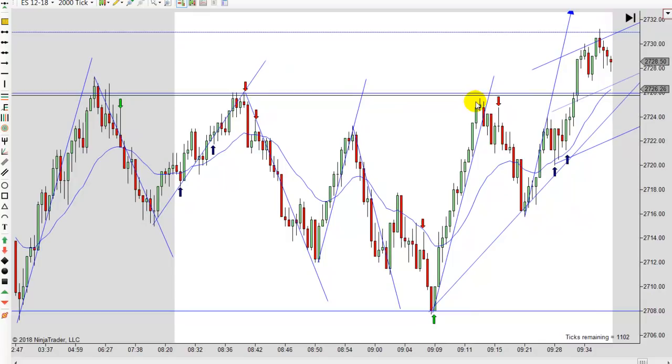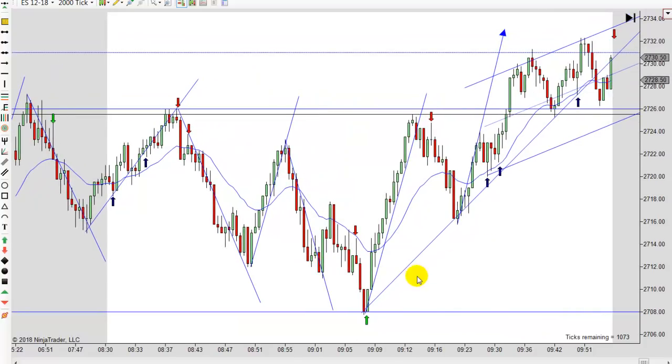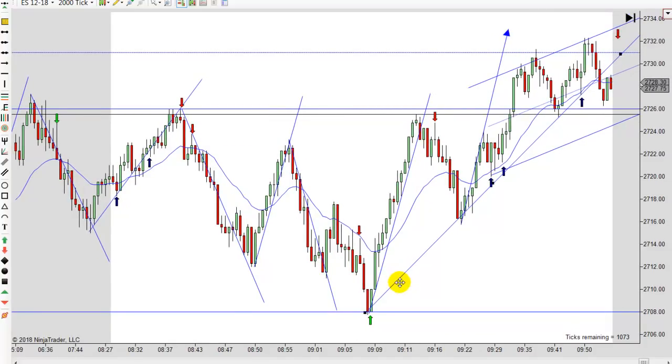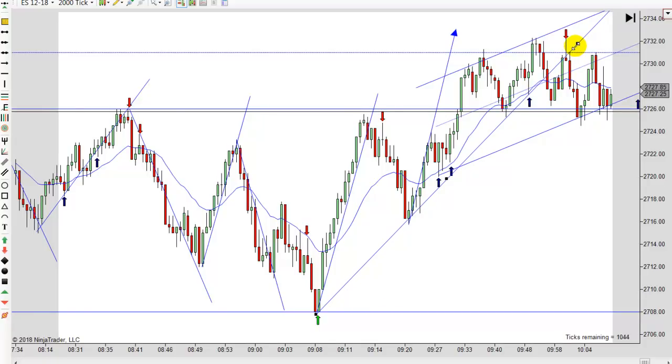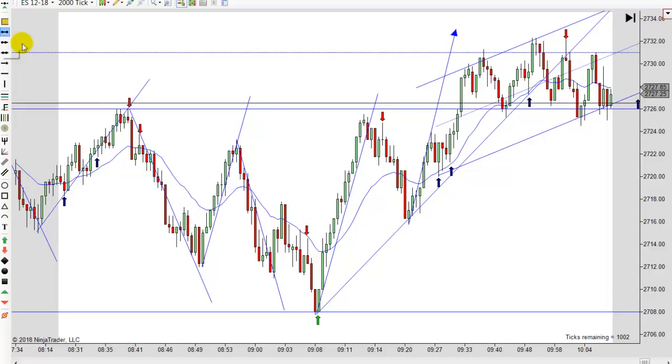Then we run up here, we basically test the highs again, and you get that first entry long with a fairly bearish bar, go short that far away from the EMA, another nice move. And of course I drew this trend line, I don't have it quite right there. Off that first swing, it gets confirmed here. But you still got this one